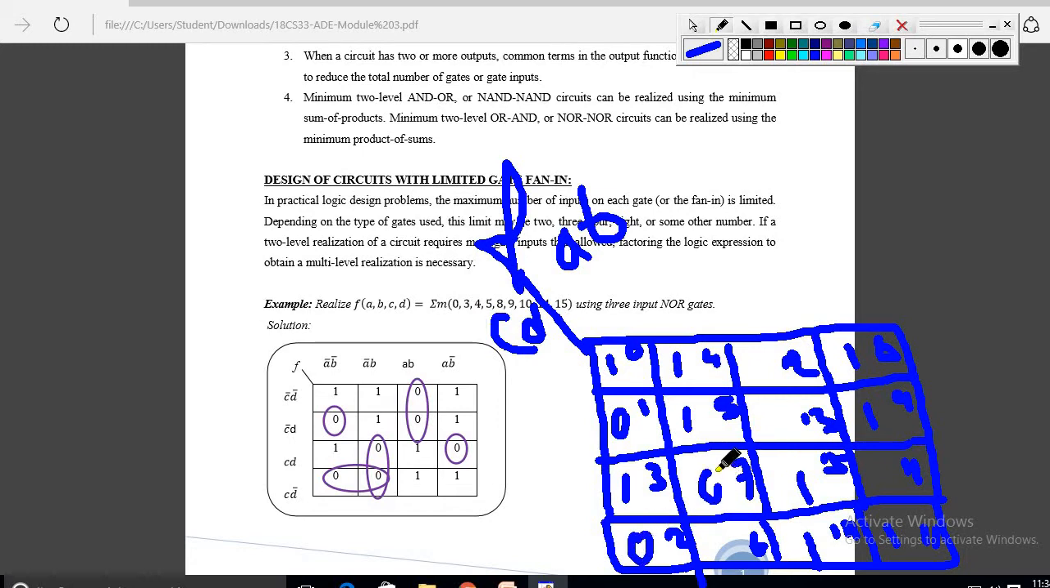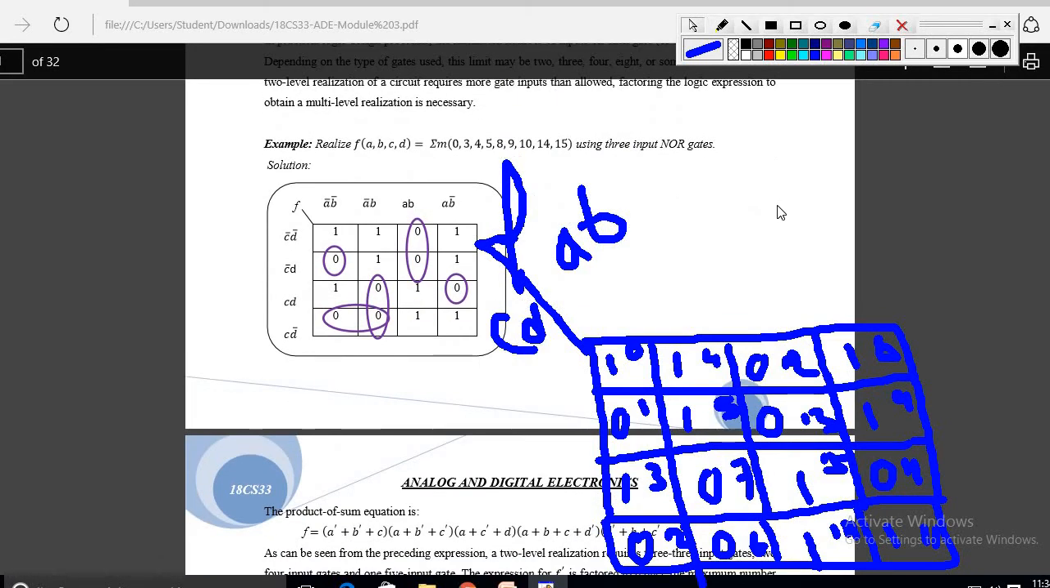Like that we have to first make the table. 12 is not there, so I am putting 0, and 13 is not there, I am putting 0, and here 12 is not there, so I am putting 0. Okay, after making all these things, just you have to